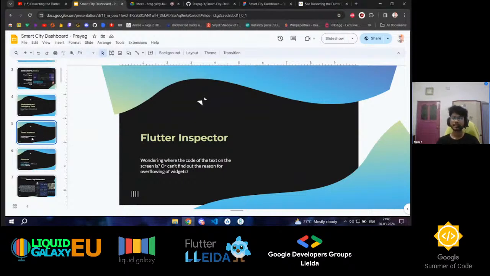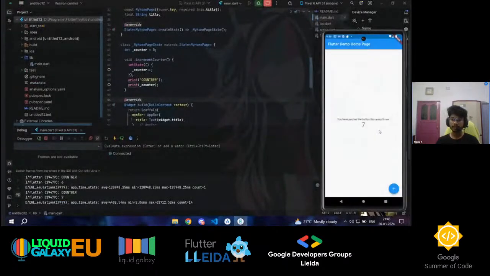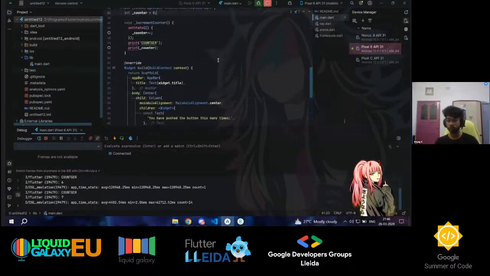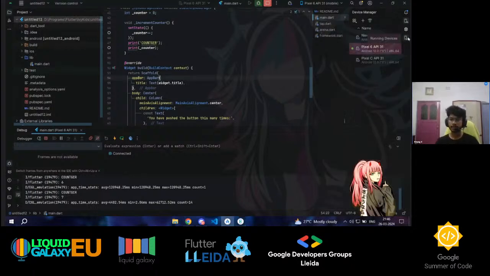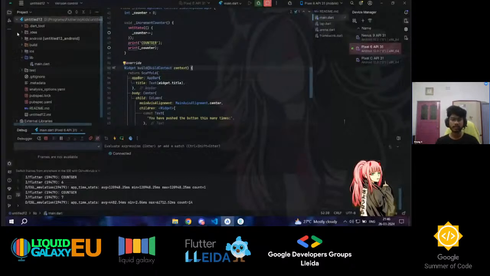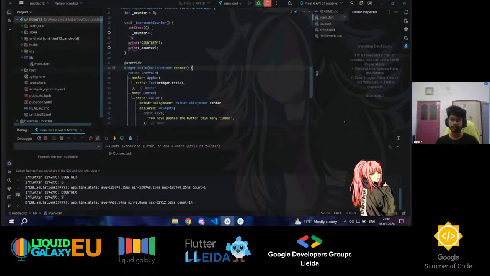Now coming to Flutter Inspector, I want to know where the code of this number 7 is coming from and where the text lies. Suppose I have 1,000 lines of code and a huge code base. How do I know where this number 7 lies? There is a tool, Flutter Inspector. You can just click on this more tool options, click on Flutter Inspector